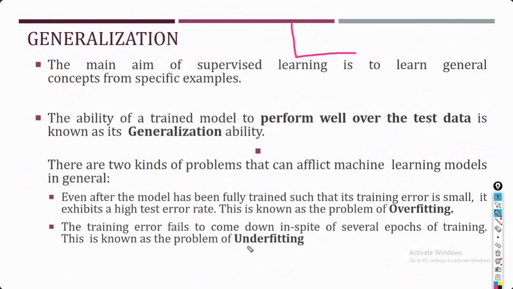And in case of underfitting, the model is not going to perform well on the training data. As it is not performing well on the training data, it's also not going to perform well on the test data. It is not performing well on the training data because it hasn't learned anything from the training data. So this leads to your underfitting problem. Tightly fit, not fitting at all.